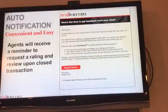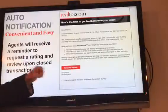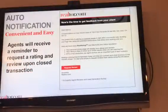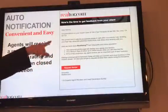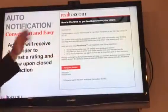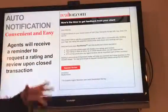So I mentioned before, it's kind of automated. Again, everything we do, we try and automate it so you're not having to do a whole lot. As of last month, as long as you have claimed your profile, whenever you have a closing, the system will see that, and it's going to kick out an email to you to decide whether or not you want to invite that client to review. It kind of reminds you to do it. So it's going to say, congratulations on your recent close of 123 Main Street. Perfect time to ask for a customer review, because hopefully everybody just finished up around the